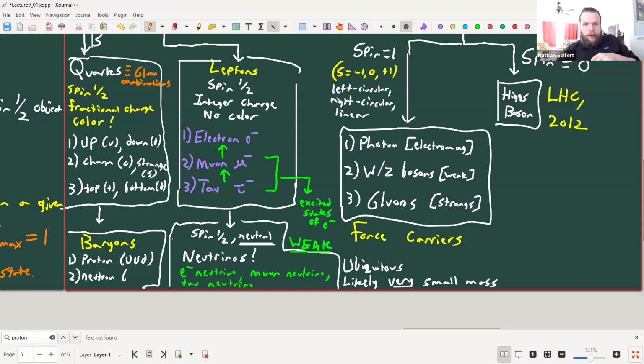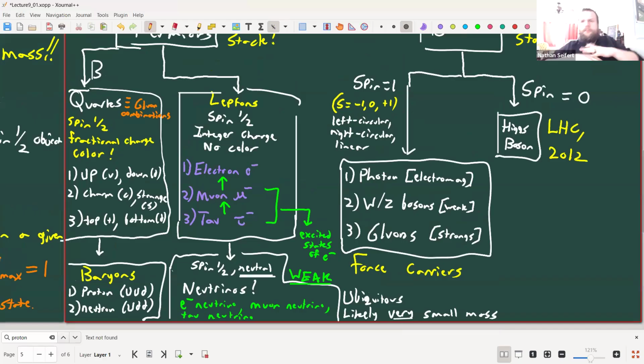And let me find the right combo of this too. Up, down, down. Okay. So, and of course, you can make all sorts of other baryons, tons of other ways to combine quarks. You can bring anti-quarks in, you can bring top, bottom, charms, strange, all of them can come in and make all these crazy little particles, right?